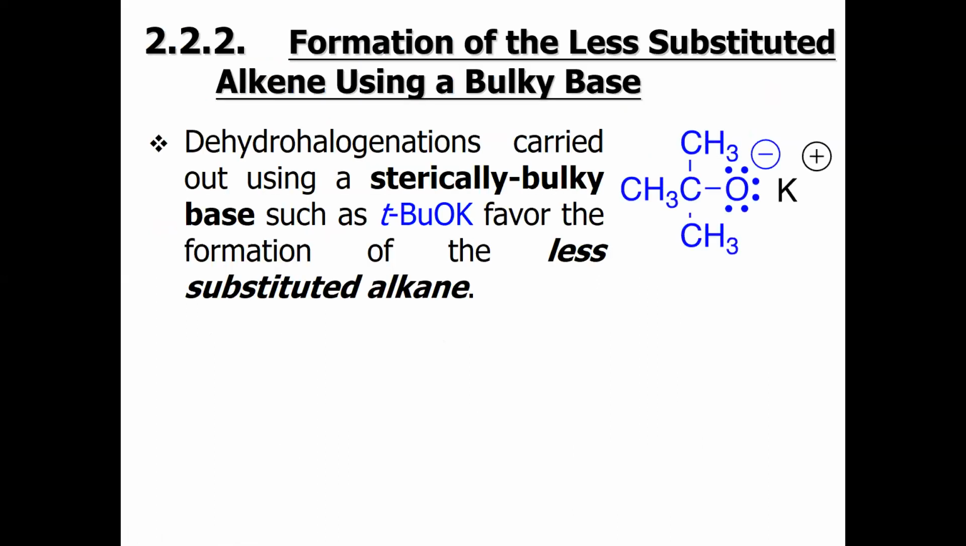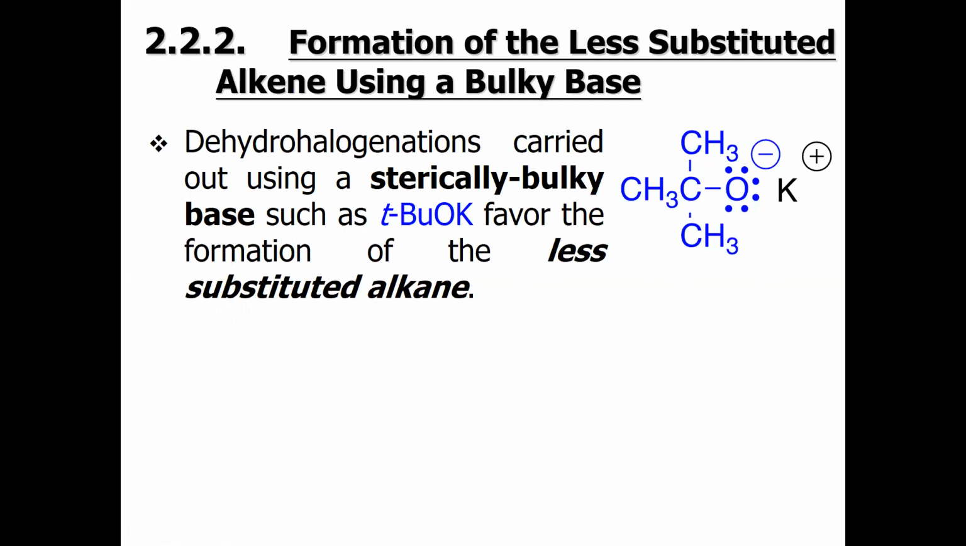Do you think, students, that the formation of alkene always follows or favors the Zaitsev rule? Do you really think it's fine? Okay, let's look at this example. For example, if you wanted to do the dehydrohalogenation by using